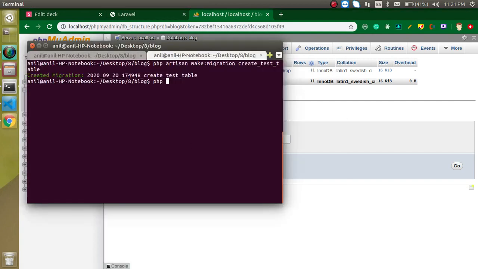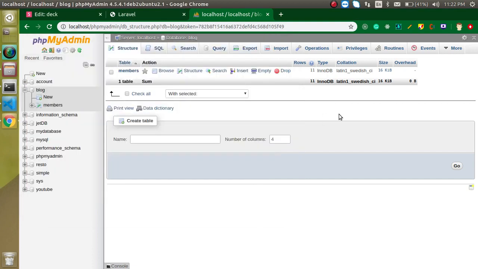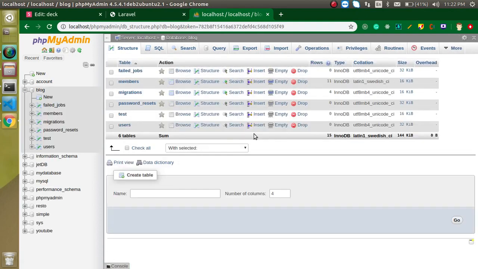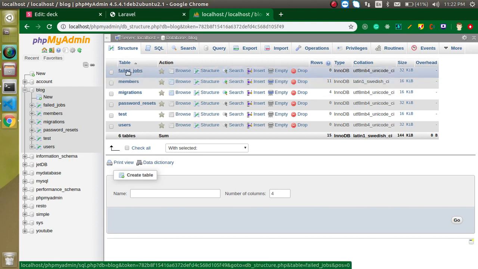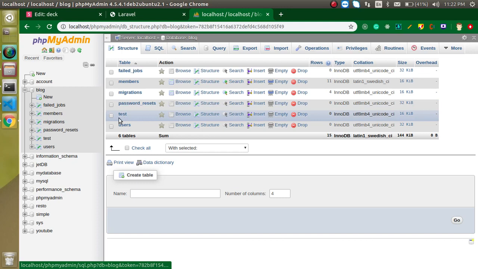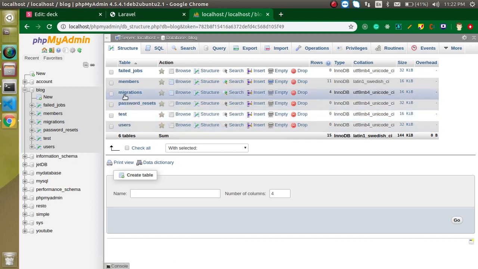So just write here php artisan migrate. Enter, and now you can see that 4 tables are migrated. But when you refresh, you will find we now have 6 tables. One is members, which is the previous one, and this one is failed jobs. Then we have password reset, test that we created, and users, and another one is migrations, which